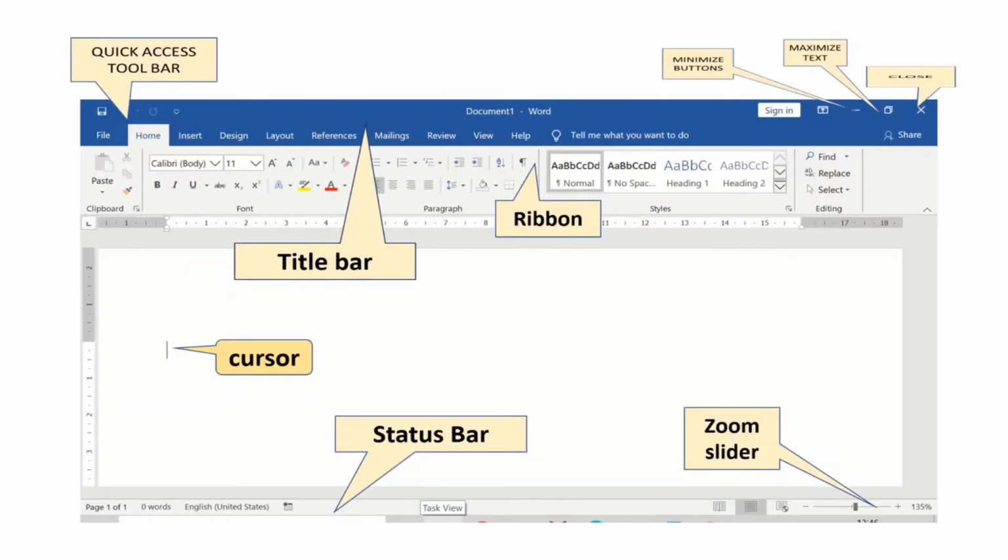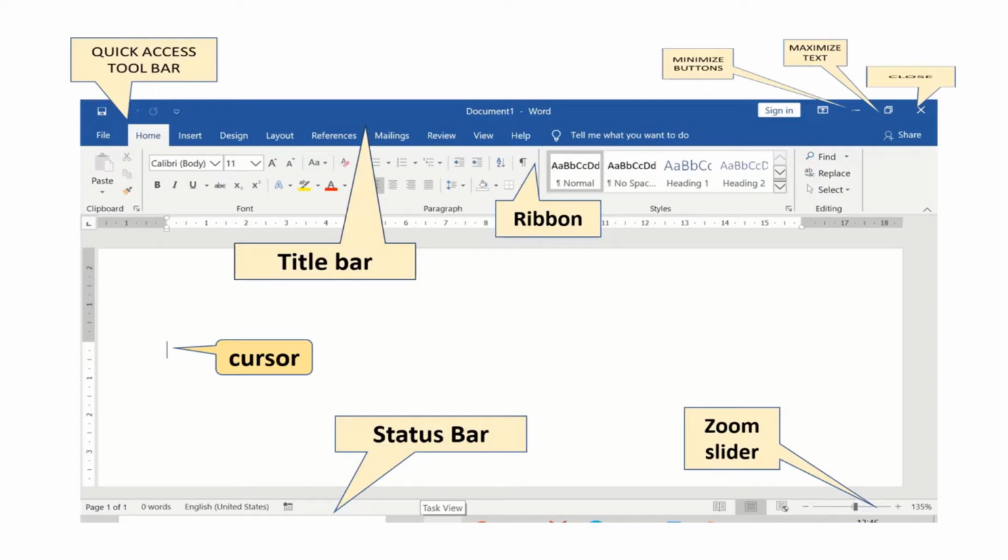So children, we are going to see the labeling of Word window. The bar where the name of the document is visible is called title bar. Towards the left side of the title bar is quick access toolbar, and towards the right side of the title bar are minimize, maximize and close buttons.